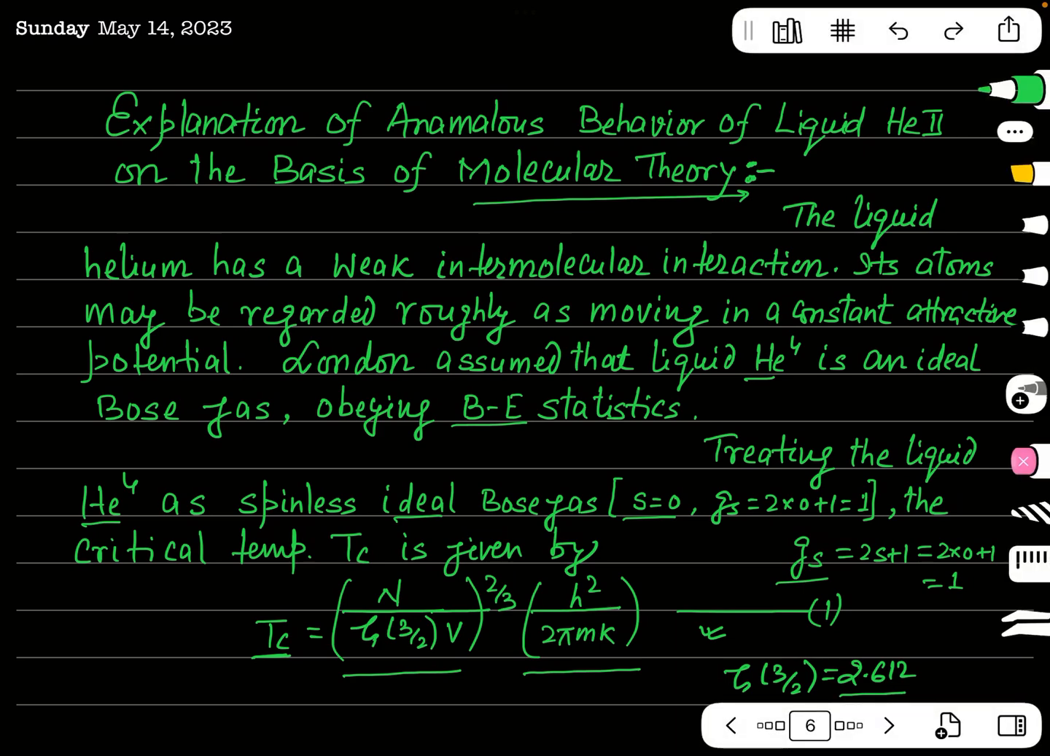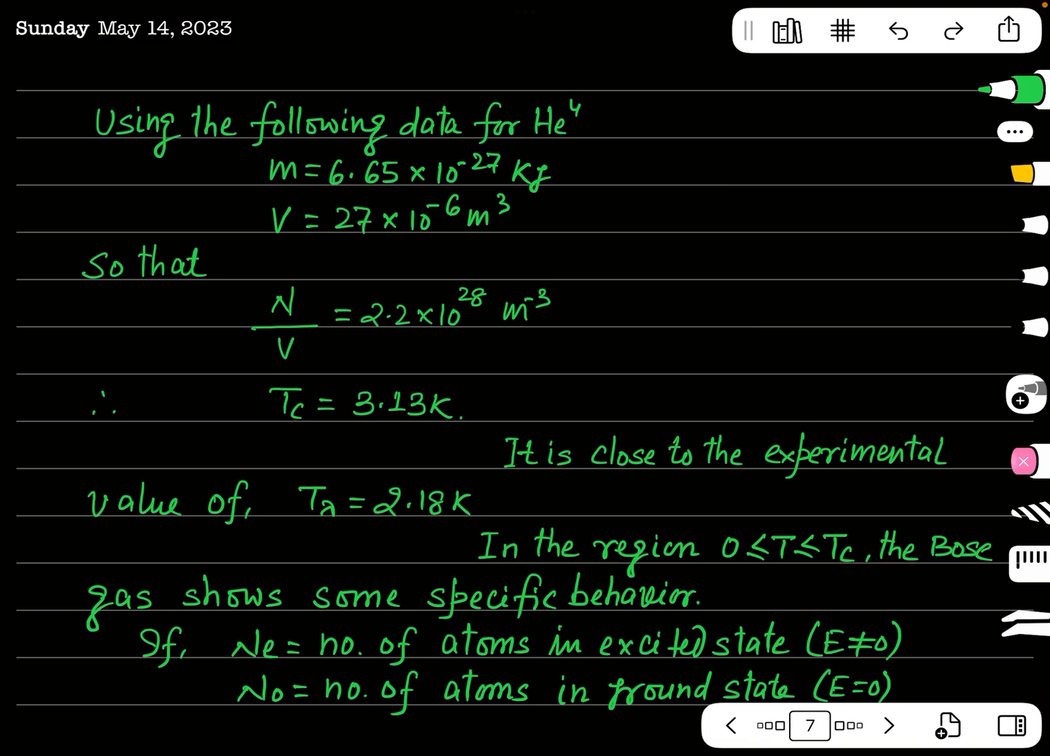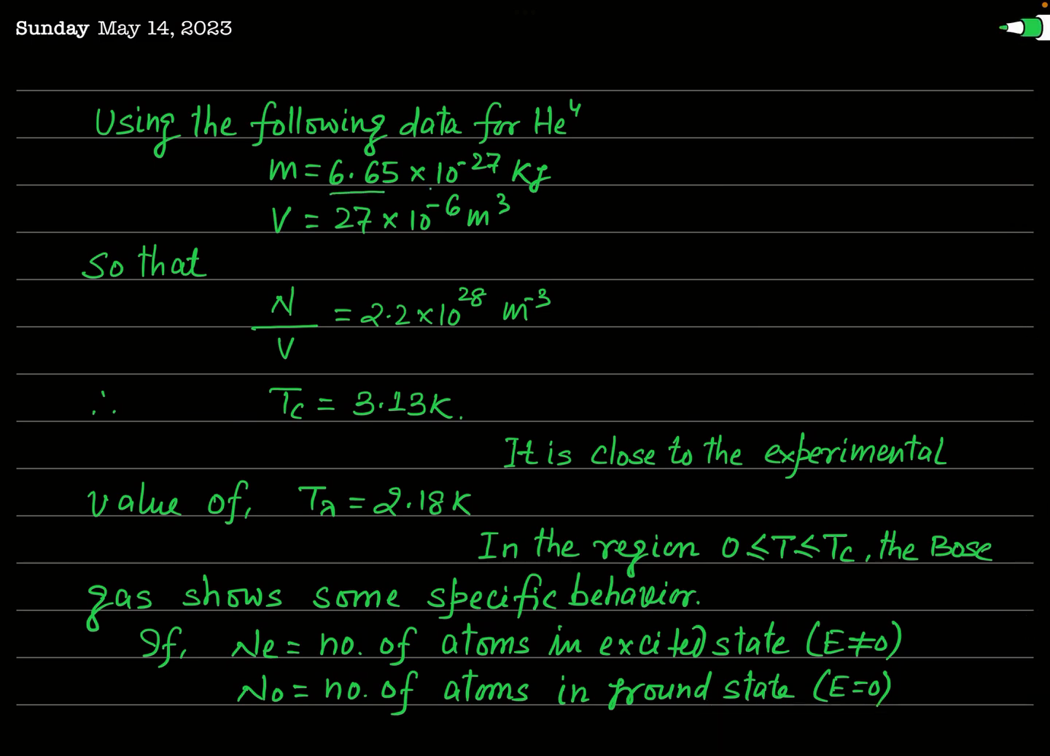So let us take the mass of the helium atom equal to 6.65 × 10^-27 kg. And we consider a volume V equal to 27 × 10^-6 m³. Roughly, N/V, that is the number of helium atoms per unit volume, is almost equal to 2.2 × 10^28 per m³. When you substitute all these values along with Planck's constant h and Boltzmann constant k, then after simplification you will get that the critical temperature comes out to be 3.13